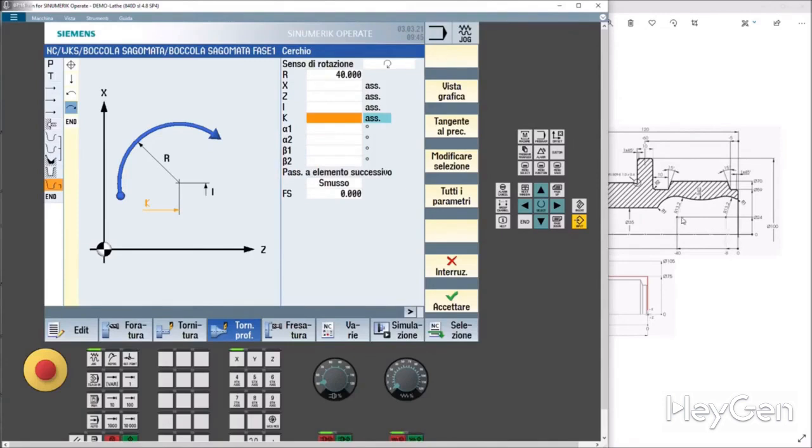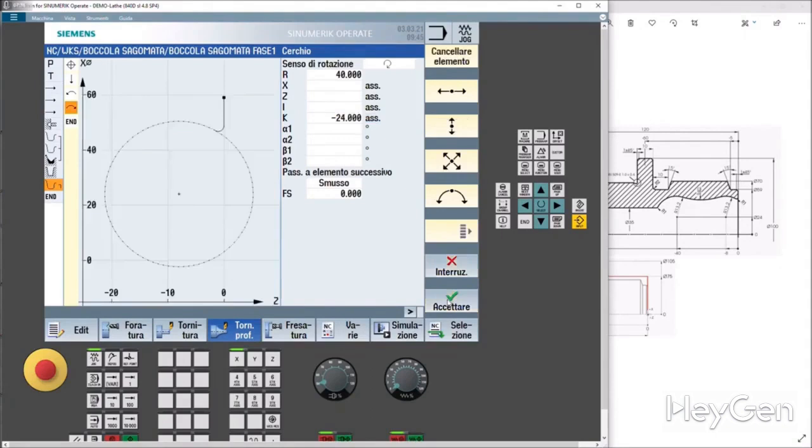32 is the distance between Q and A, so 16. Plus 8K is minus 24. We accept. But it should give me a dialog. Tangent to the previous one, little marker.